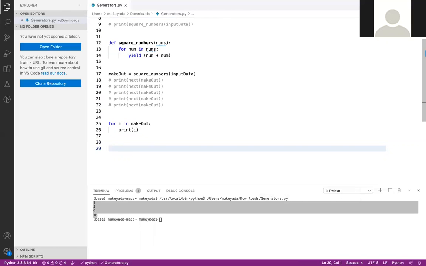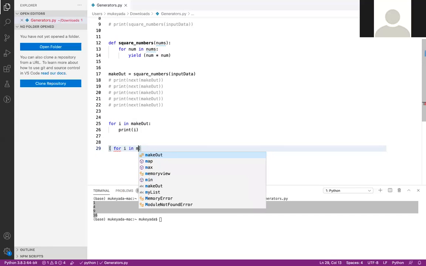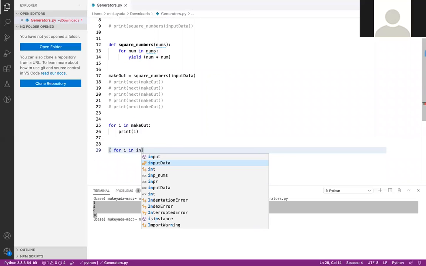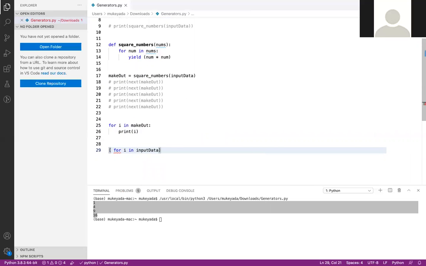So we can write it like: for i in input data, and we need to multiply, so i into i, and let me say my list equals to.